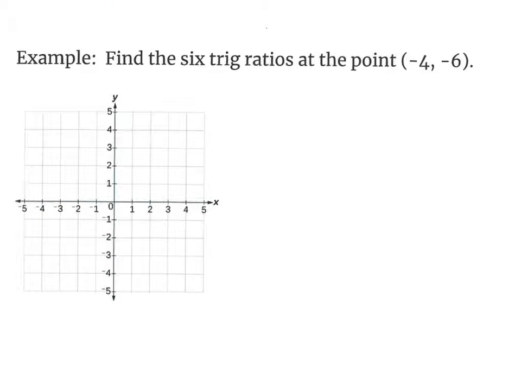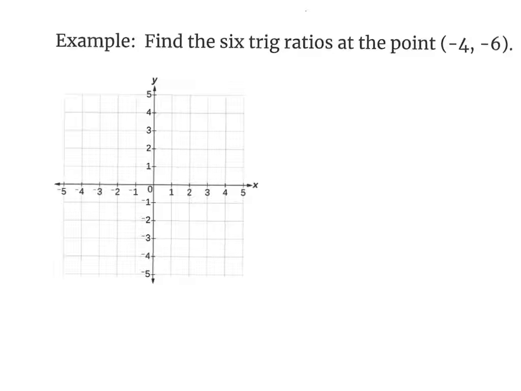Find the 6 trig ratios at the point -4, -6. Step 1 is to actually plot -4, -6. So plot that point. Then you form the terminal ray from the origin to that point. That gives us a reference angle from the origin up to the x-axis here, and it gives us a triangle which you take a perpendicular up to the x-axis, that gives us that right angle, and back over to the